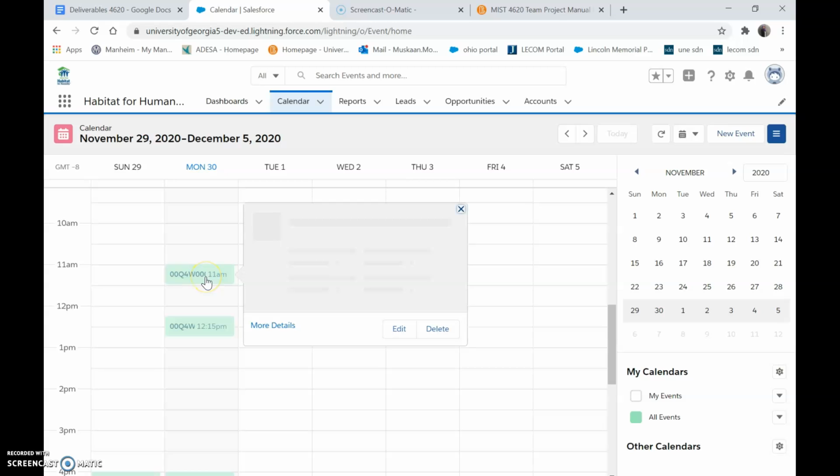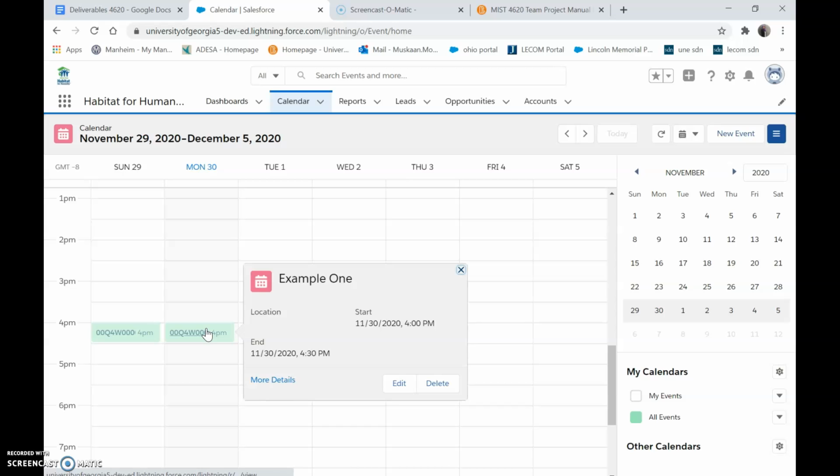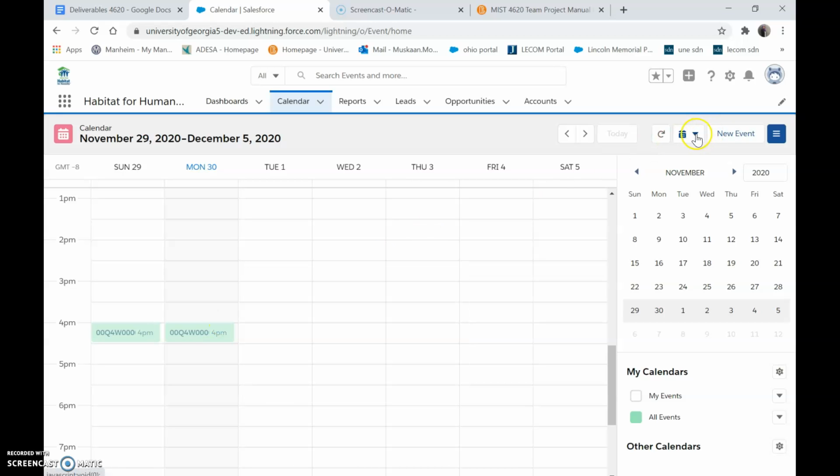Scrolling through here, for example, if you hover over this, you will find the account that it's linked to. There you go, the account that it's linked to, as well as this one, which is the one we're going to be working with. And you can view the calendar by day, week, month, or as a table, but here we're going to stick